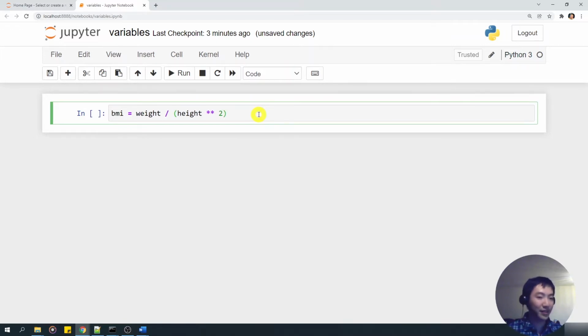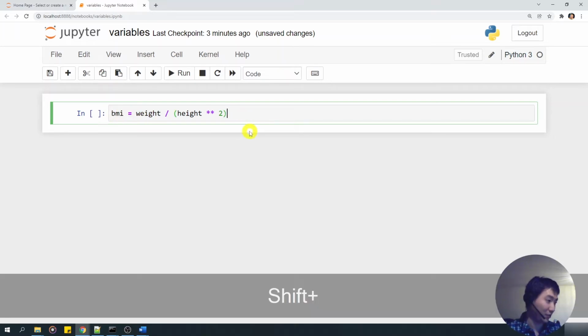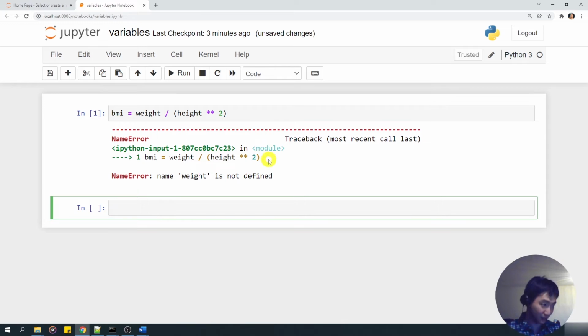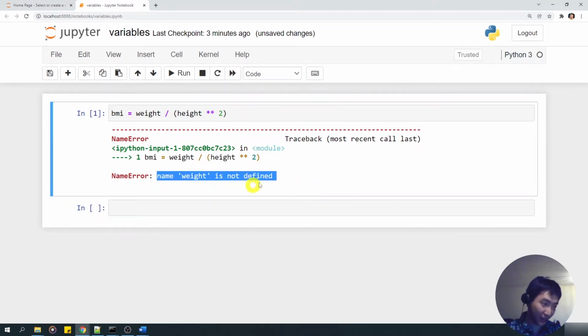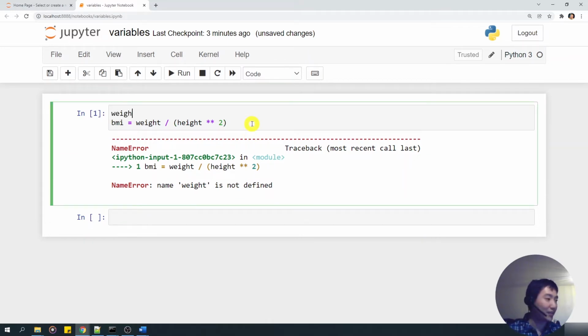If we simply ran this, this will not work. Actually, let me just try. All right, it says name weight is not defined yet. That's because we don't know what the weight or height is. So it got to here and it's already not defined, but if that had successfully gone through, it would say height is not defined. All right, so what we have to do is, on top of here,